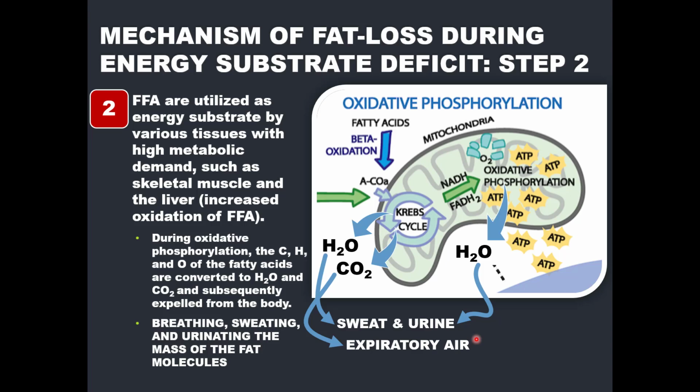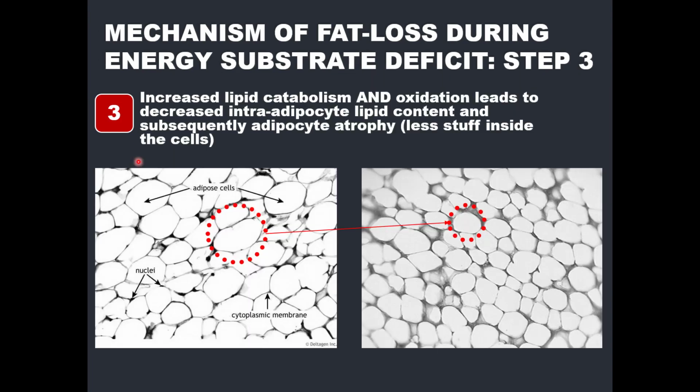CO2 in expiratory air and H2O mainly through urine and sweat. This is how the fat molecules, or at least the mass of the fat molecules, exit your body. So over time, as long as you maintain an energy deficit state, this increased catabolism and oxidation of fat will eventually result in adipose cell atrophy, or decrease in size and mass of an adipose cell, since the fat inside these cells is not being replaced because you have reduced your fuel intake and the storage of fuel in adipose